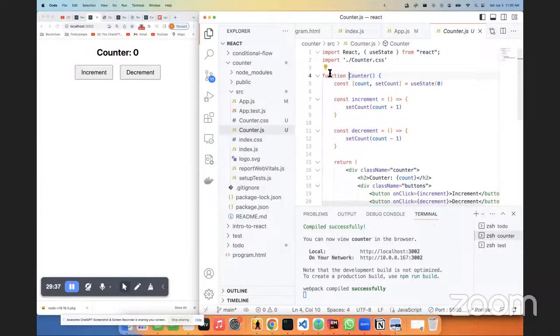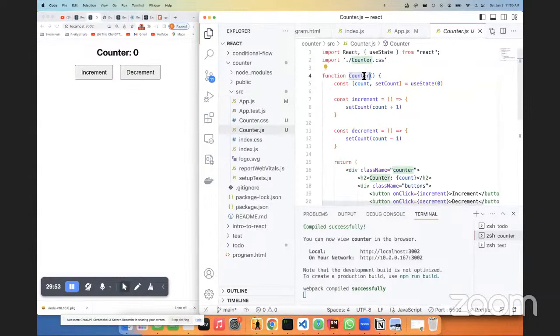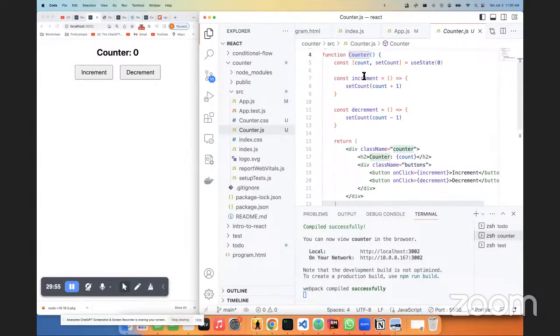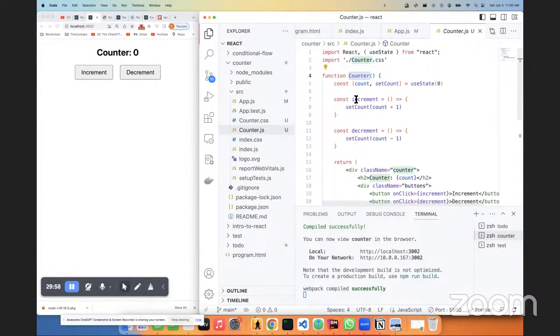So that's what we did here. You just have function, and then you have the name of the component. In this case, it's Counter, because that's the name of the component I want. If you see in this app.js how it said Counter right here, this name will be the same as this name right here, right? And so the anatomy